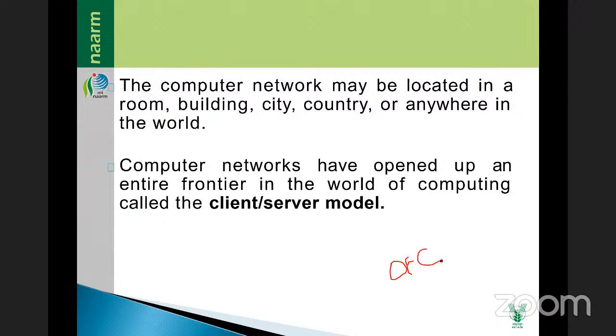Take an untwisted pair cable: it means 2-3 wires will be there. If you open that cable, 2-3 wires will be there. Suppose one cable is damaged, the signal will pass through the other cables. Optical fiber cable is also like that.